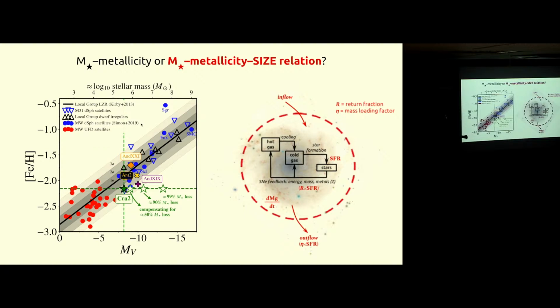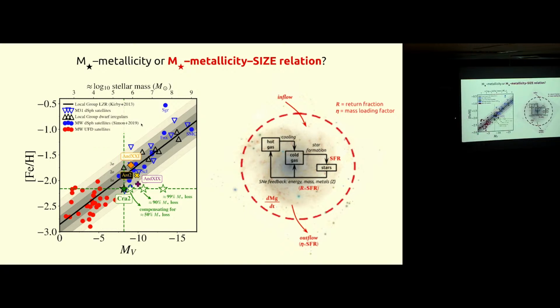You can imagine that low mass galaxies have lower metallicity not because they are creating fewer supernovae, because for a given stellar mass you produce the same amount of supernovae. But they really have low metallicities because they are losing all of their metals to outflows. They don't have deep enough gravitational potential wells to retain those metals. And then what happens is that with this mass metallicity relation, some people propose that the metallicity might not be intrinsically connected to the stellar mass, but really to the gravitational potential, so the total mass of the galaxy.